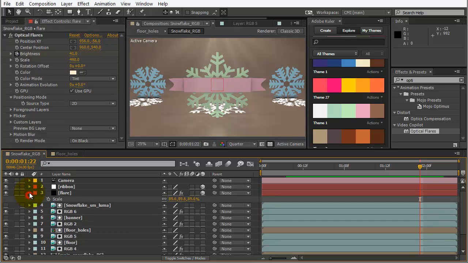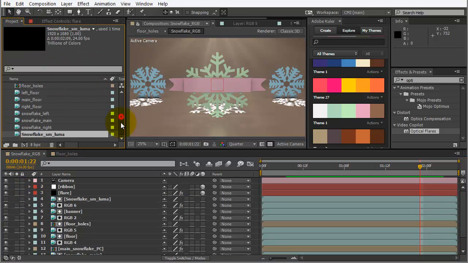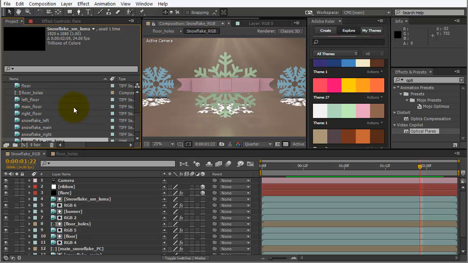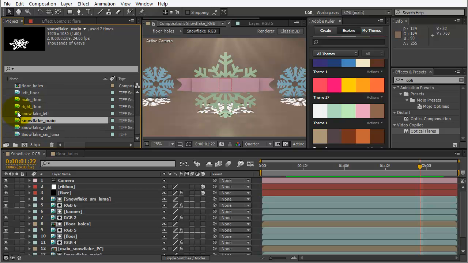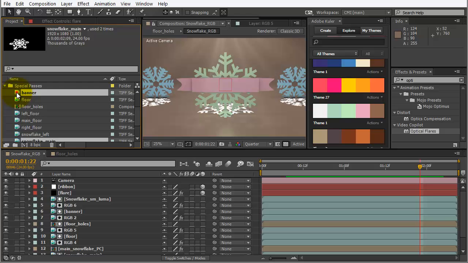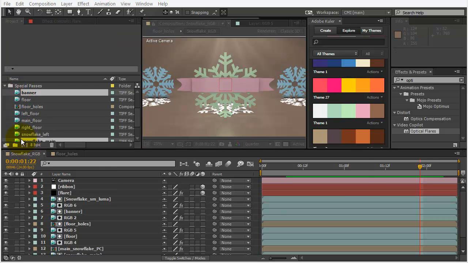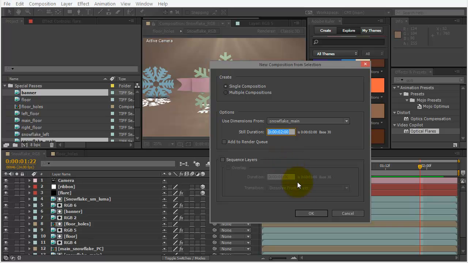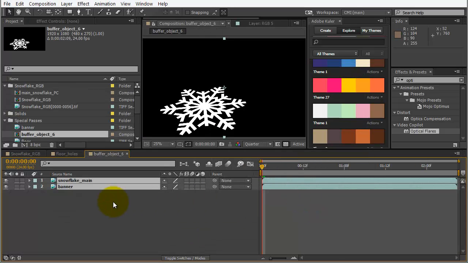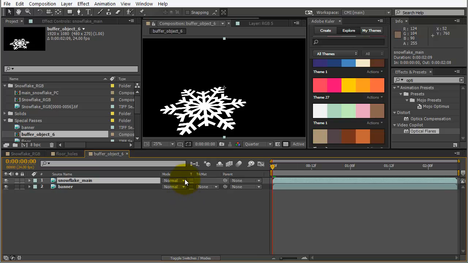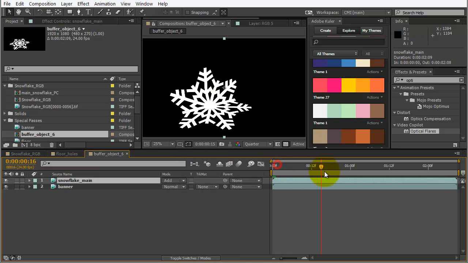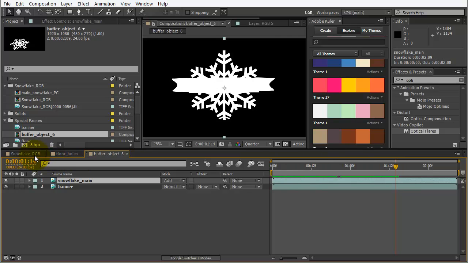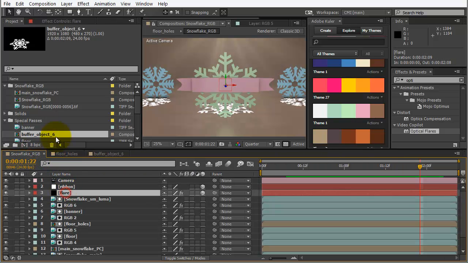So one thing that we can do is create another custom Luma mat. If we find our snowflake main and our banner, select both of those, drag down here to create a new comp, and we want a single comp, and let's say OK. Let's change this top one to add so that we have one Luma mat. Go back to our main comp and let's call this main plus banner,